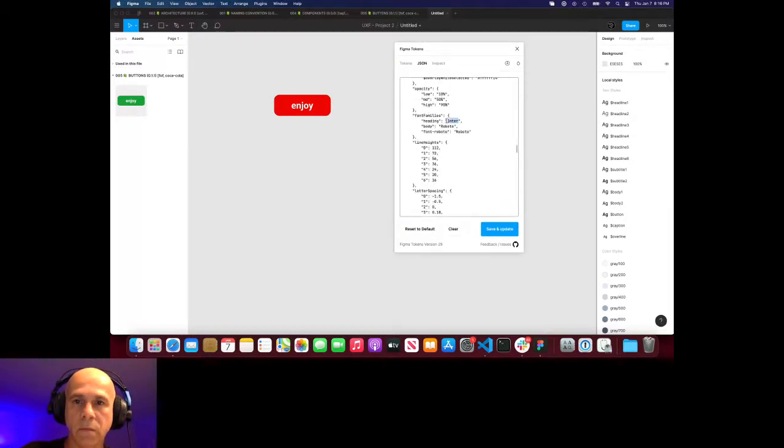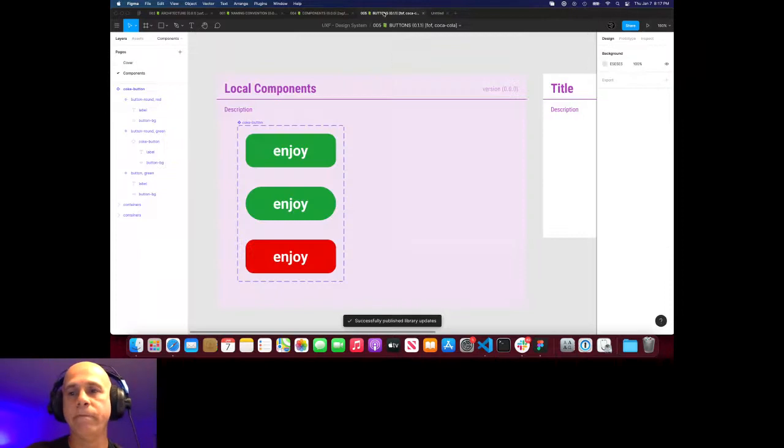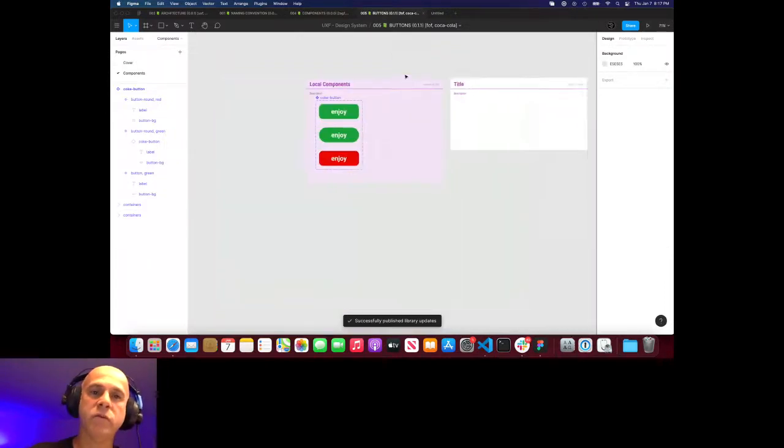Marcelo, how do the variants within Figma translate to the JSON file? How can you edit those variants within Figma from the JSON file? I think that's where Dave was kind of getting at as well. If you're using a style, now that I have a style, I can do that, right? So if you're using a style, let's just say now I can take, well, then I would have to create